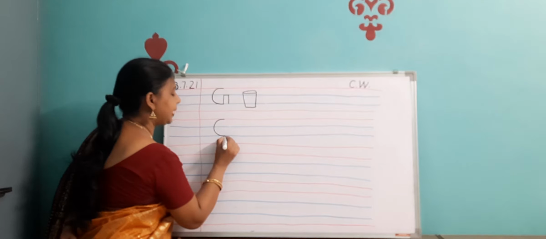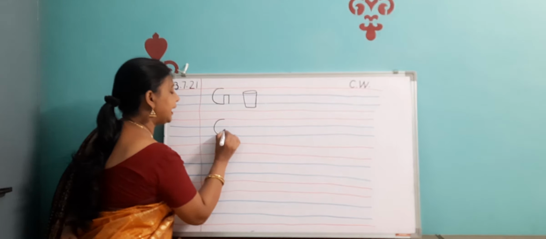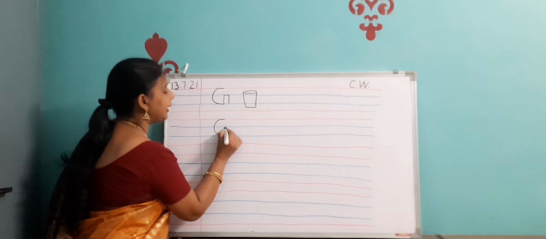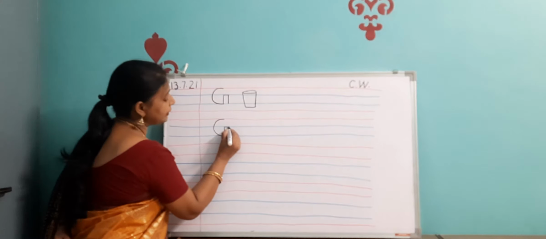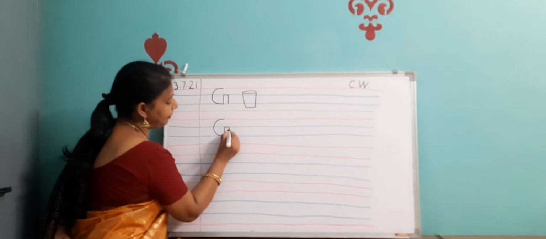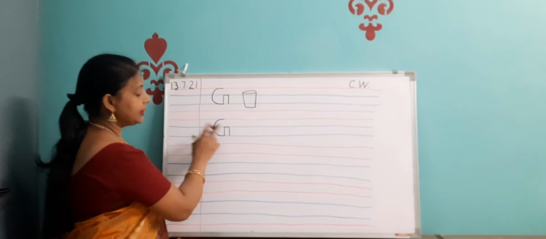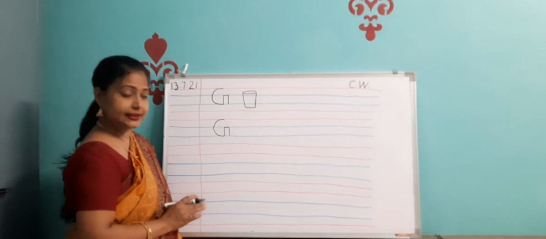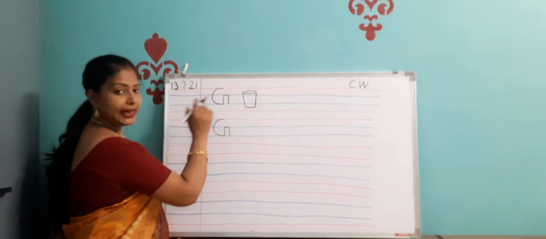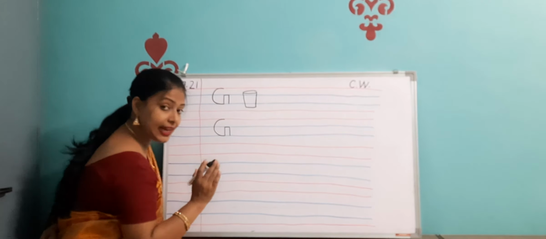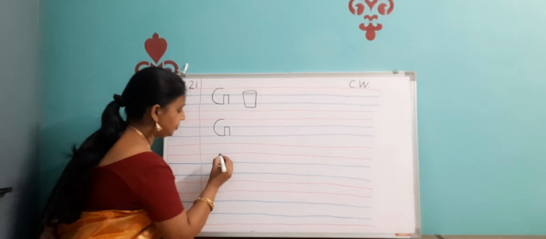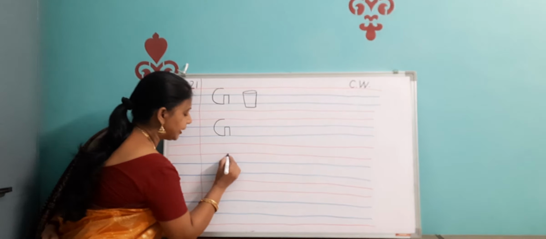Then from this place, you will go up where the C ends. You'll go up, make a standing line. Then till the 2nd line, and then on the 2nd line you will draw a sleeping line over here, and then come back to the 3rd line, make a standing line like this. So this has become G for glass. G for glass. Just watch here. Once I start, I don't lift up my pencil. So you have to also write in the same manner.